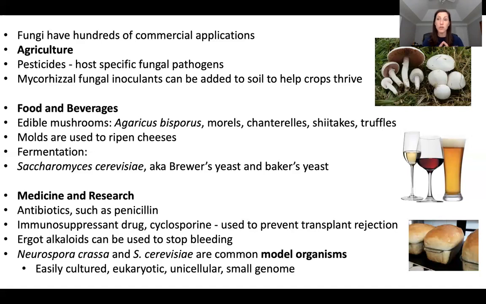The reason these are great model organisms, first of all, is that they're eukaryotes, so their cells behave in a lot of similar ways metabolically to how animal cells behave. But they're single-celled and easy to grow in a lab, and they have a really small genome, so they don't have that many genes, which makes it easier to study the genetic pathways that govern their metabolism. For all of those reasons, they're really valuable as research organisms. So lots of good things come from fungi, not just mycoses and hallucinogenic drugs.